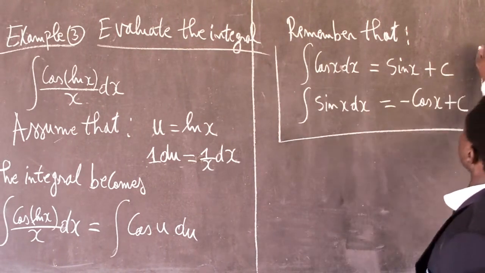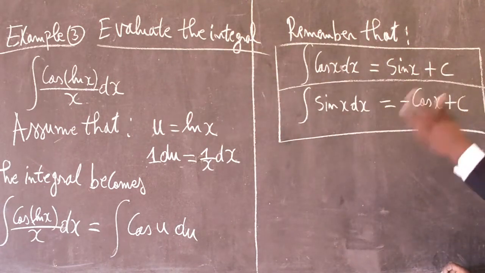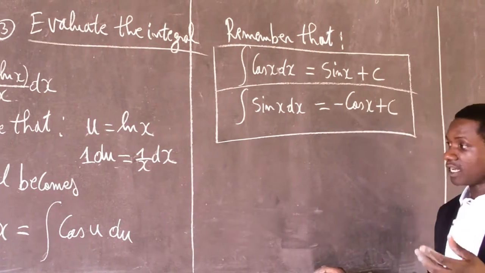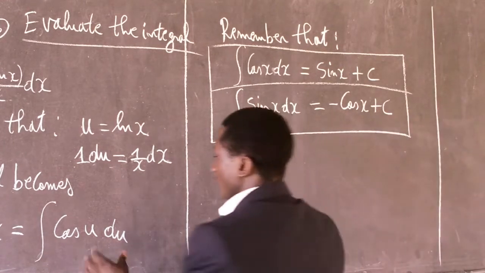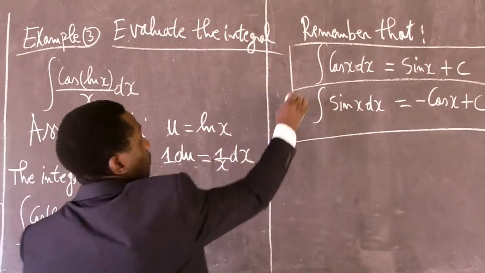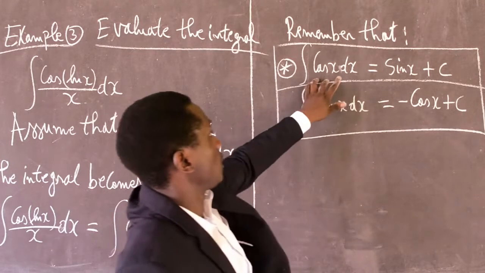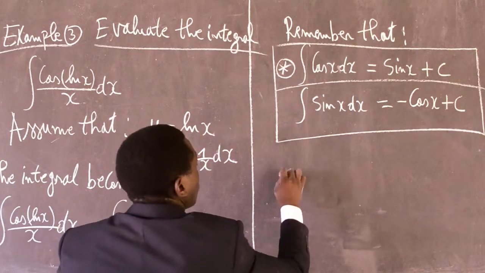So from these two formulas, we use them while we are evaluating the integral that concerns trigonometric functions. Okay, so from here we have the integration of cosine. Then by applying the formula here, the integration of cosine x dx equals sine x, then we get